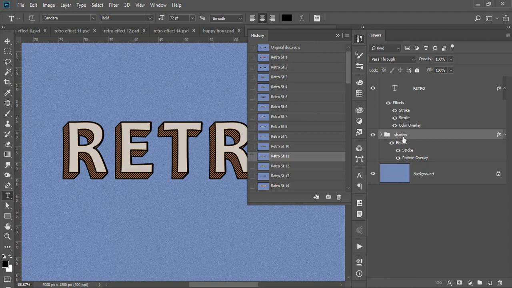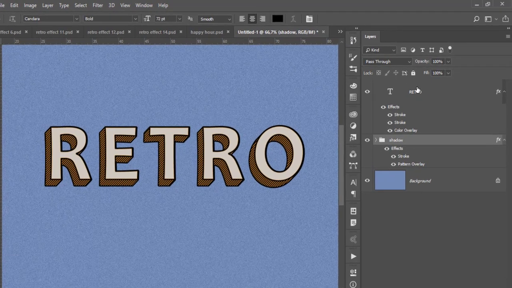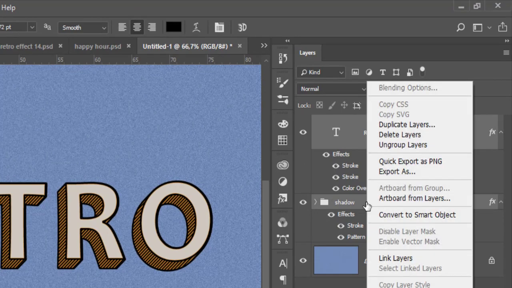Once you have customized an effect, you can move it into any other open document or save it for later use. When moving to some other open file, it is recommended to select all layers and groups and to convert them to a Smart Object layer.